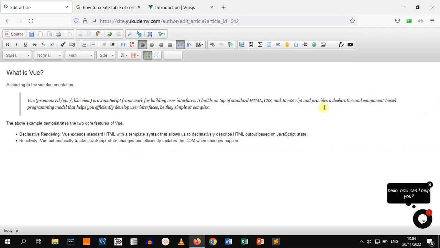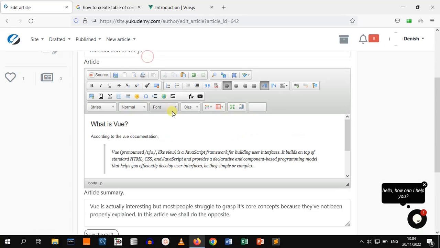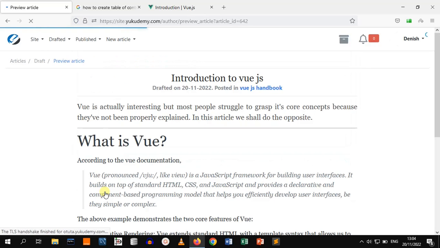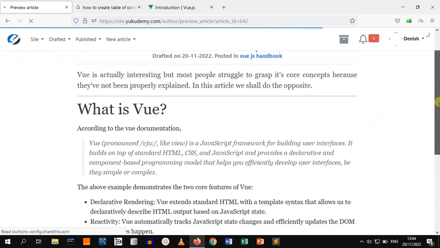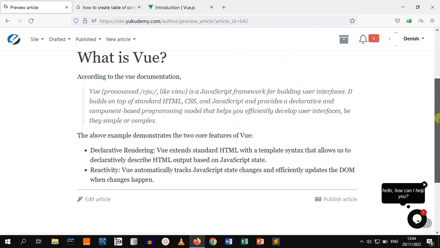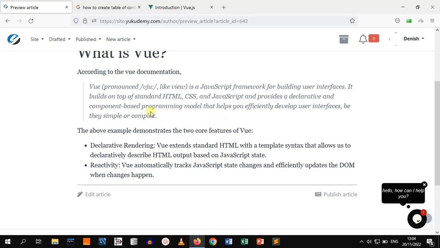Then let us first view what we have done. So to go back there, you just come to this section, this same thing that we use to maximize our editor, and you minimize it this time around. So if you minimize, you'll come back to this interface and you click on save the draft. Now when you save the draft, you find that we now have a heading, which is view. What is view? Then we have according to the documentation, and now we have this quotation. That's how actually we quote them, and this is how it appears,